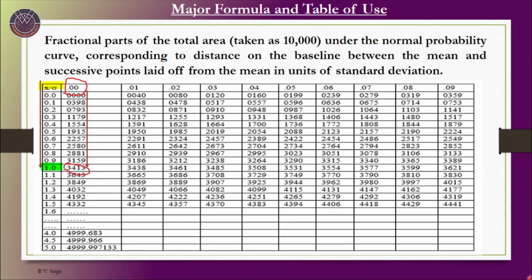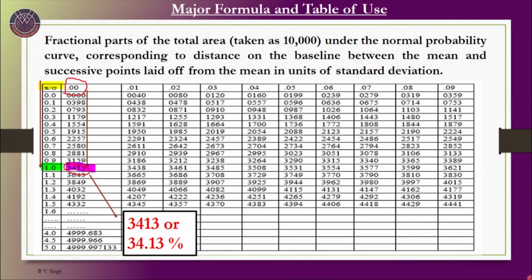This figure means that 3413 cases in 10,000, or 34.13% of the entire area in the curve, lies between the mean and 1 sigma unit. Similarly, if we have to find the percentage of the distribution between the mean and